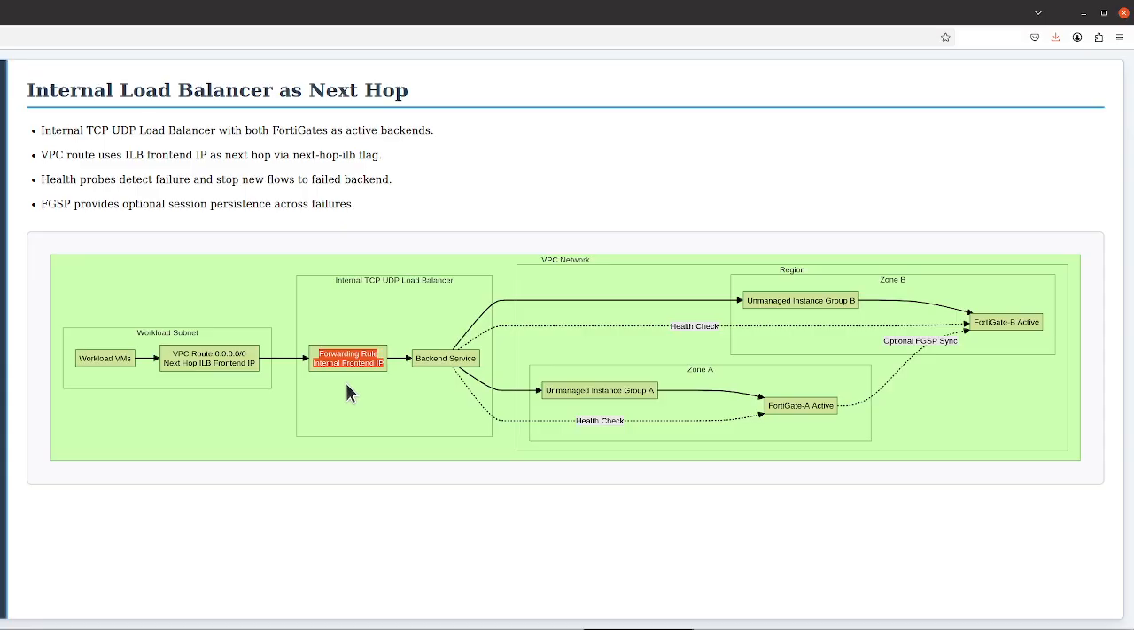An arrow labeled HealthCheck connects the backend service to both FortiGates, representing the periodic probes the load balancer sends to each FortiGate to determine its health. For routing, you see a workload subnet with workload virtual machines. A VPC route is shown with destination 0.0.0.0/0 and next hop set to the internal front-end IP of the